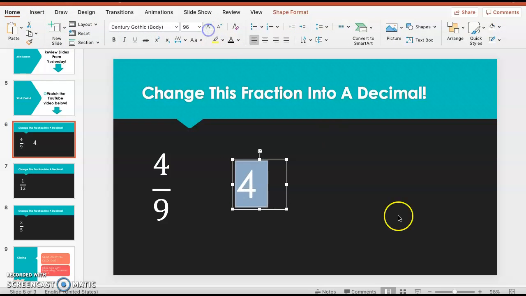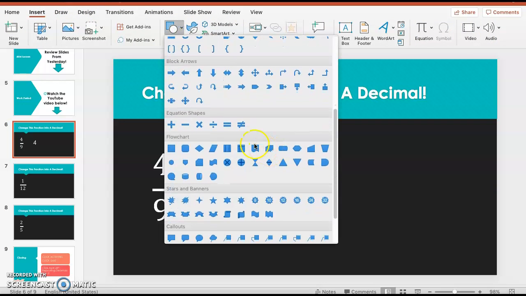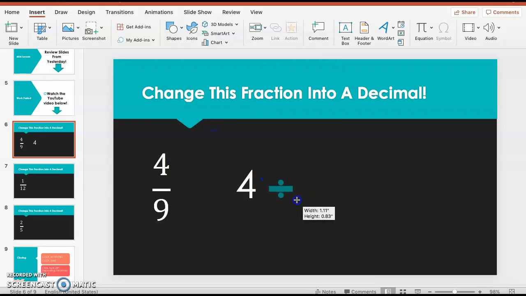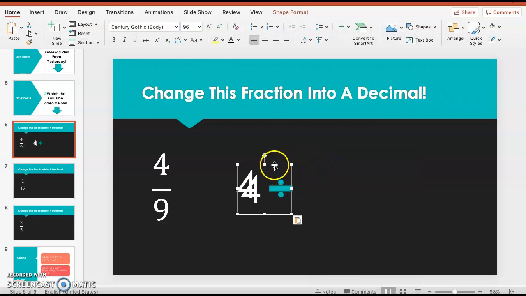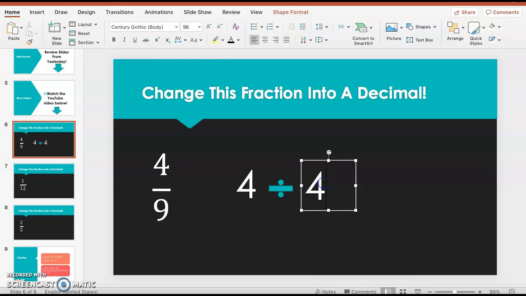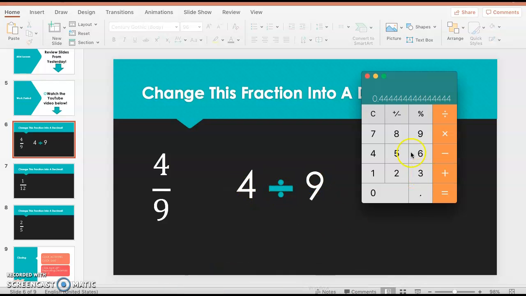It really means 4 divided by 9. So 4 over 9, the fraction, means 4 divided by 9. Now let's use our calculators to find what 4 divided by 9 looks like, okay? 4 divided by 9 equals